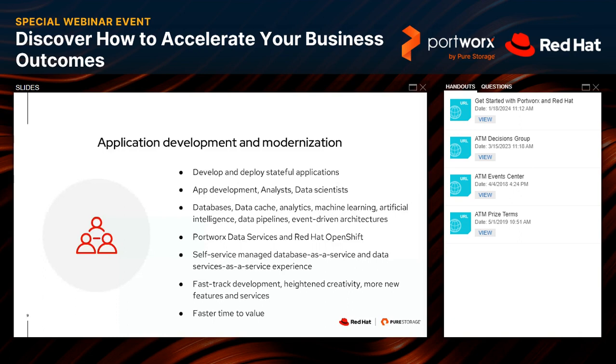Because if you think about before, typically the way that some of these larger monolithic application platforms were developed, you would go through a huge long cycle, and then you would have to look to your IT ops folks to provide you with the resources that you needed to develop.